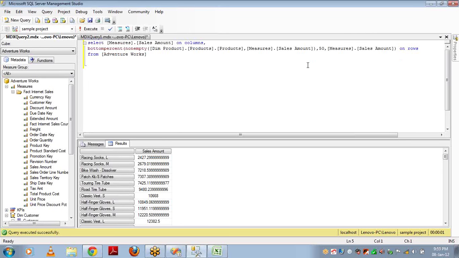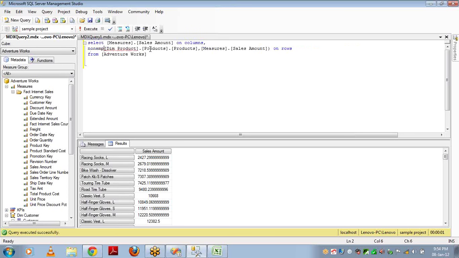Okay, now let's discuss a few more functions or a few more concepts of MDX. You can call it a different concept. Let me take this query out. I don't want all these functions in my query now. I just want products. And let's say I want non-empty products. I don't want empty products which have sales amount.